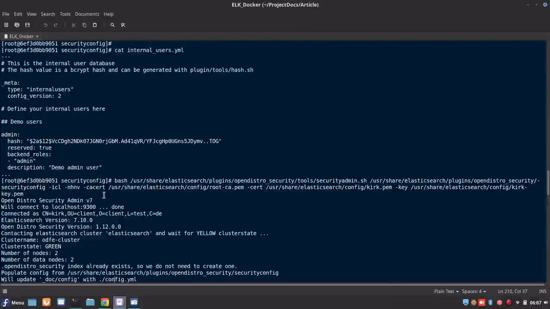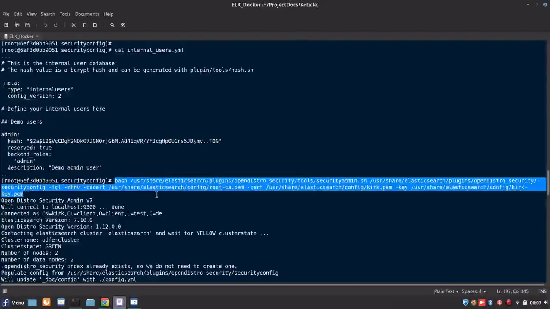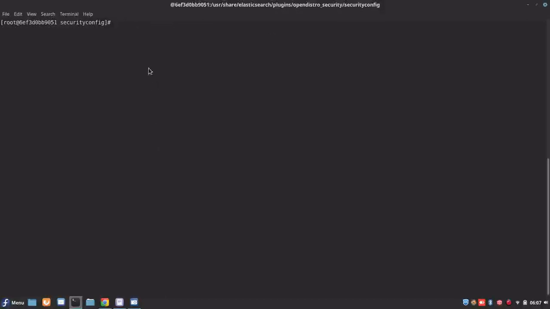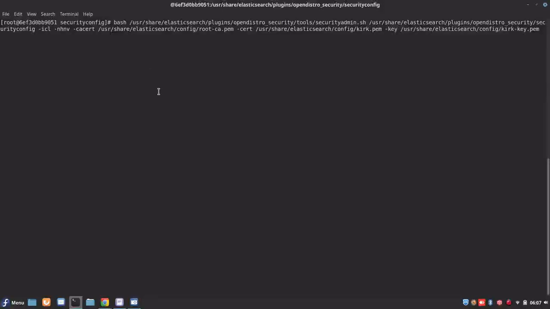we need to update the security configuration. This is the command that we need to run. Let me explain. Here we are basically running the securityadmin.sh file with the security configuration, and we are passing the chain certs, that is the certification authority certs, the main certificate, and the key certificate.